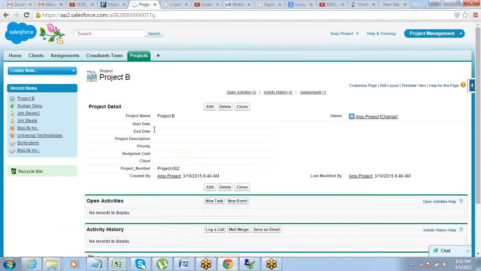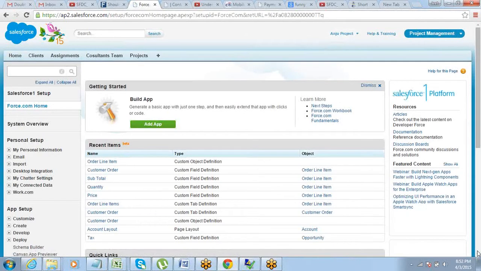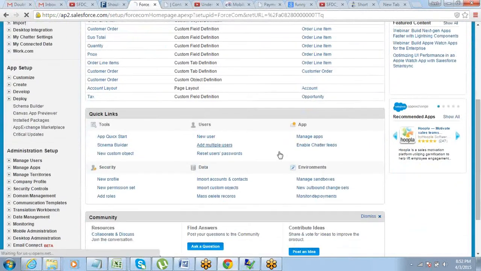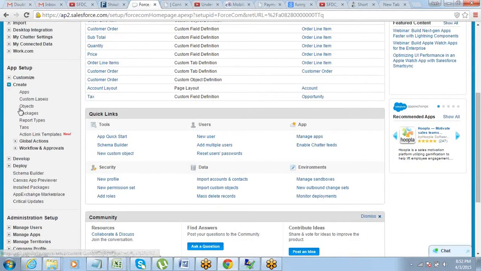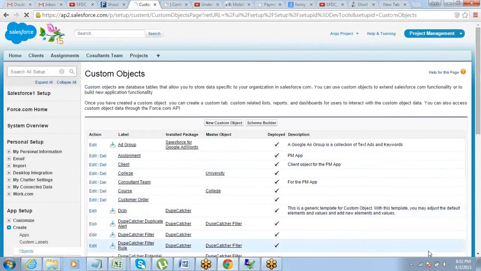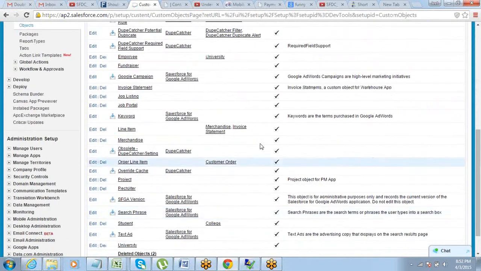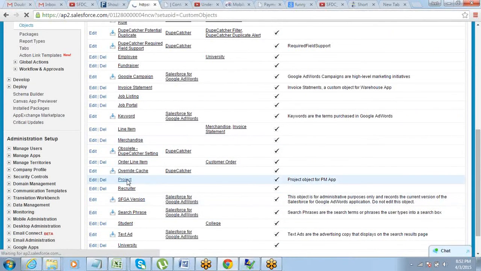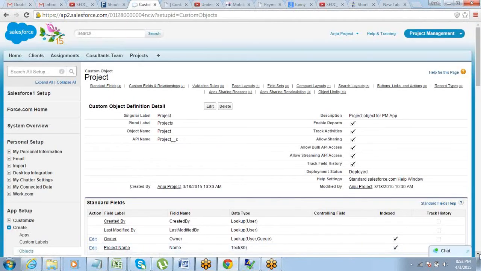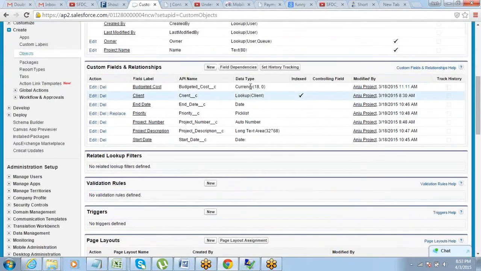I think I don't have that, so I'll go ahead and create it. To create it, we go to setup, and then under setup we go to create objects. Which object? Project. Create a new field here.